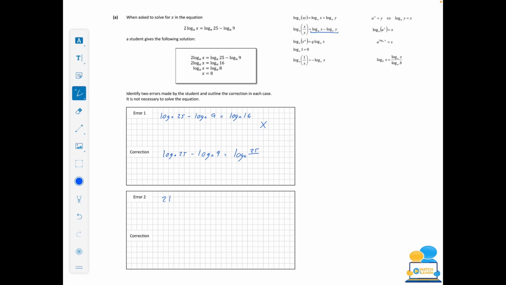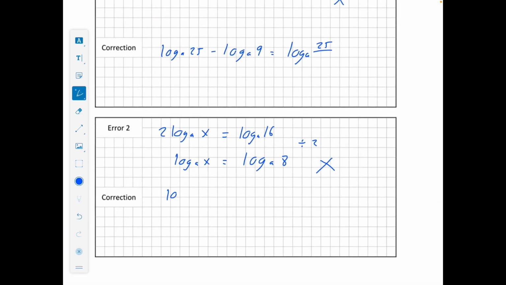Okay. So their mistake was that they said 2 log to base a of x is equal to log to base a of 16. They divided by 2. So they said log a of x is equal to log to base a of 8. Okay, you're not allowed to do that. So what they should have done instead, they should have said that